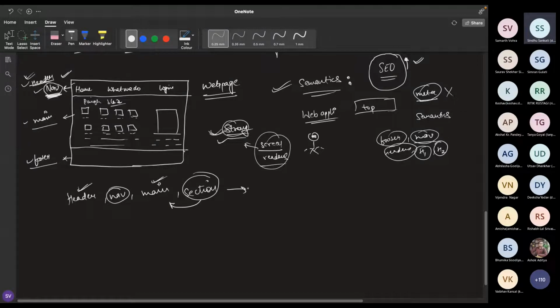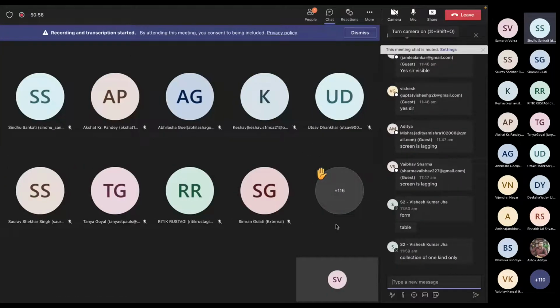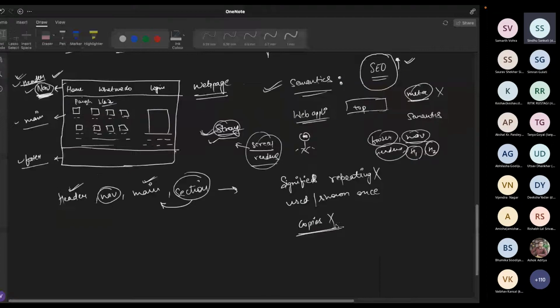Now, this basically signifies something which is not repeating, something unique, which is used once, or shown once, or I would say we do not make copies of it. Like for example, if I again go to my Flipkart website, right? If I go to my Flipkart website,